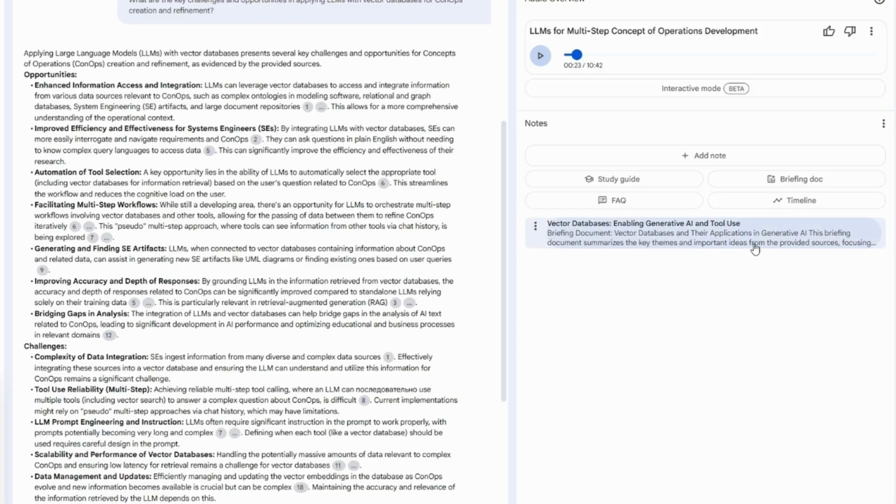If I click this, you can actually see here are the topics, and it's broken down into a certain level of detail. I might use this to refresh my information, or maybe I want to read this before I listen to the podcast so some of the ideas stick. Down below, you can see it selected a number of quotes from the research information and put these down here so we can, once again, tie what's being produced with the original sources.